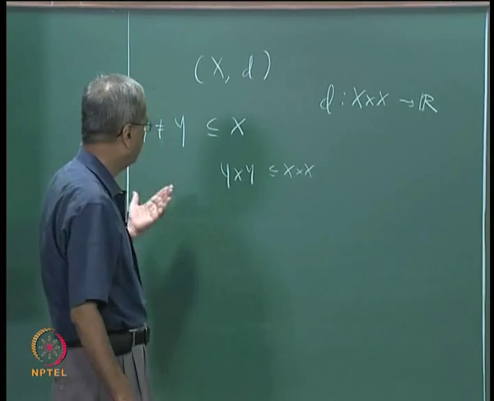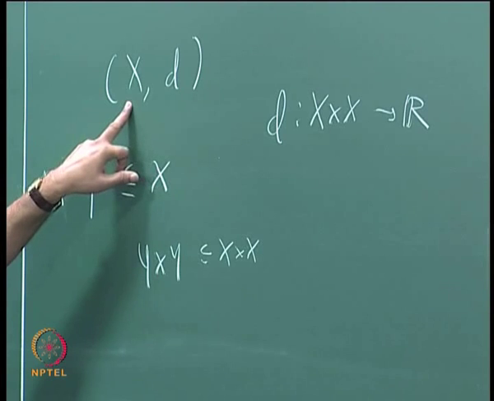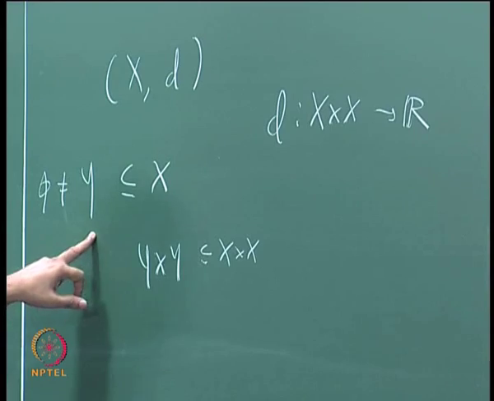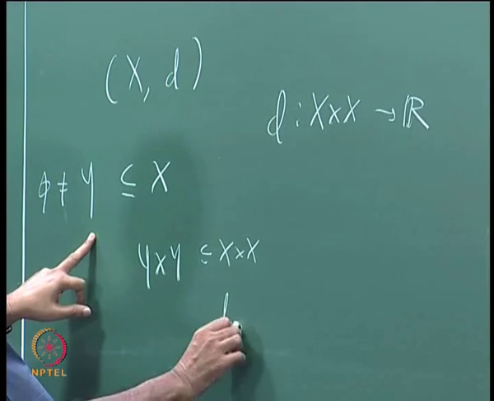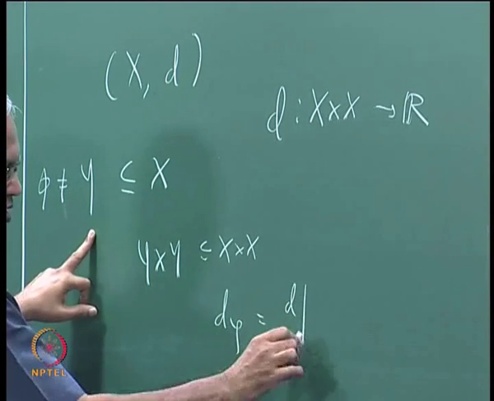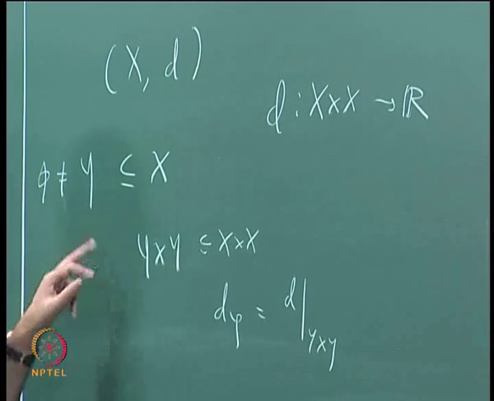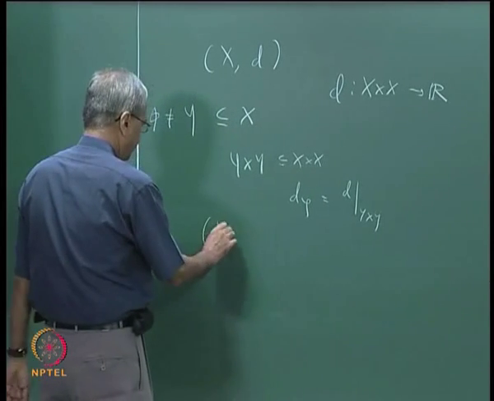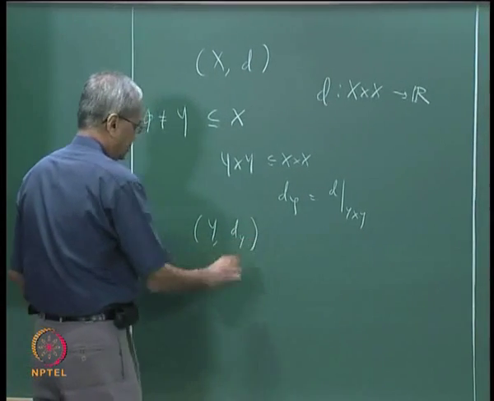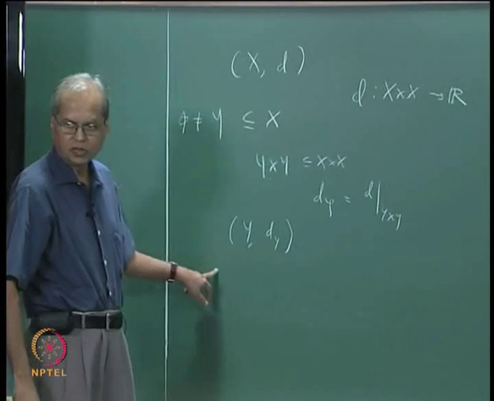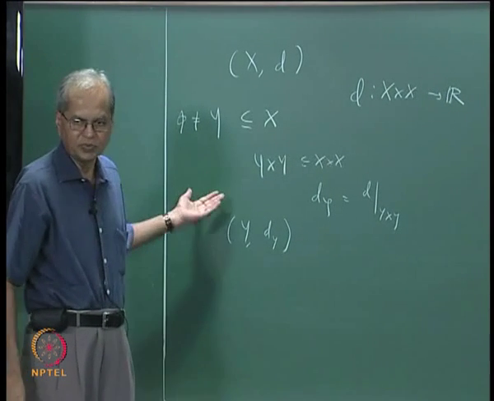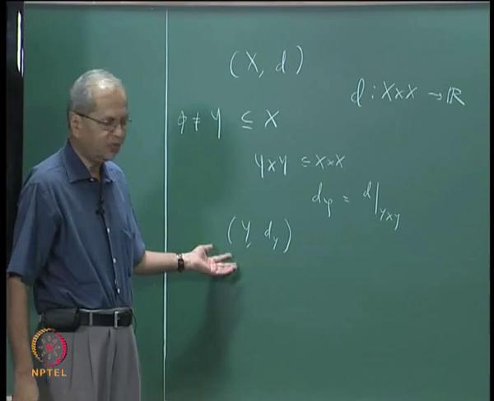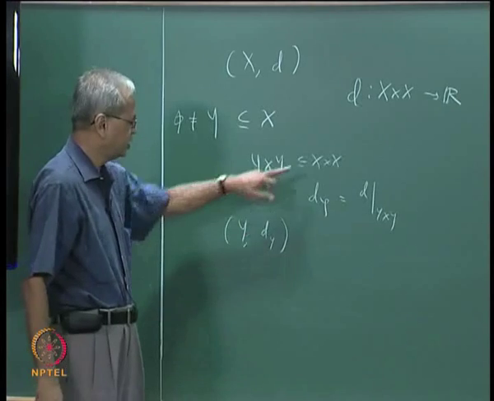That is, in other words, if you can talk of the distance between any 2 points in X, you can take the same definition for the distance between any 2 points in Y. So suppose I define that function as d suffix Y, which is nothing but d restricted to Y cross Y. Then with this we can say that (Y, d_Y) will be a new metric space. In other words, every non-empty subset of a metric space is also a metric space with respect to the metric which comes from X as a restriction metric.